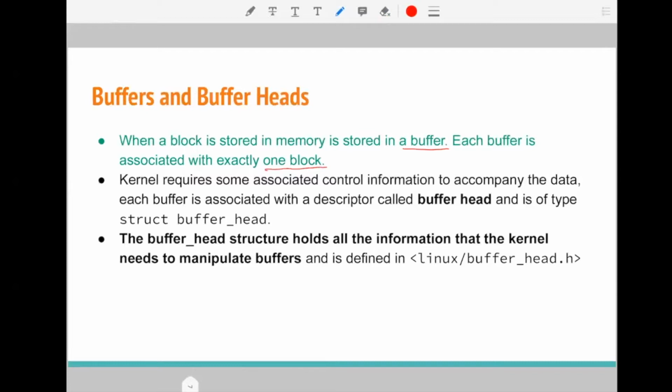To manage this buffer or block, the kernel needs some additional control information or metadata. That data is represented with the help of the buffer head, which is represented by struct buffer_head. So you can say the buffer head structure holds all the information that the kernel needs to manipulate a buffer.